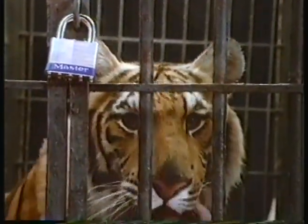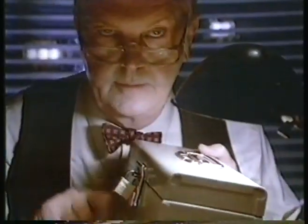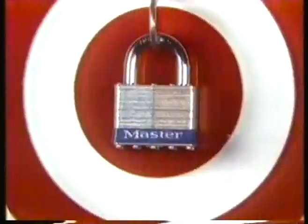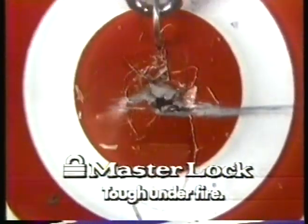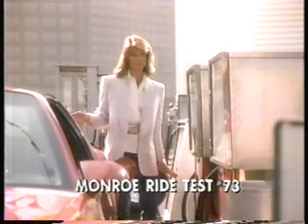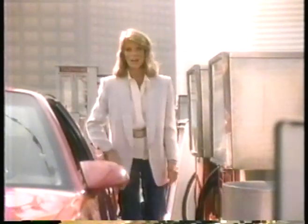Whatever you want to lock in, lock out, lock up, or lock down. Remember, master locks are tough under tough conditions, tough under pressure, tough under fire. It took me totally by surprise. The other day, some guy asked me how...